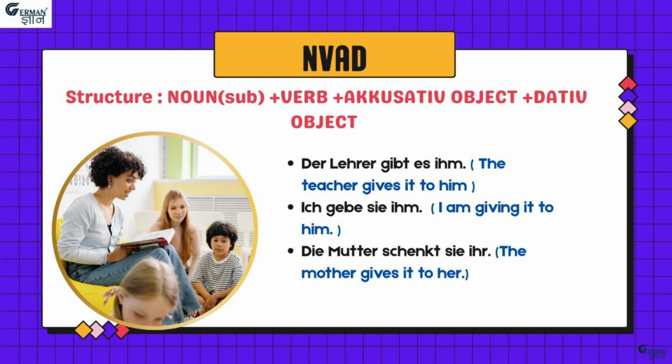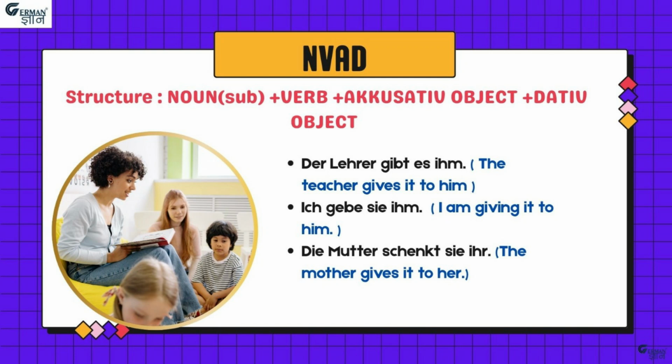Now, NVAD is again not a grammar topic. This is a basic sentence structure. Again, you follow it in A2 level when you write two objects in a sentence. But here the condition is that both the objects are pronouns. So your structure will be noun, that is a subject, then your verb, then your accusative object, and then the dative object. Again the rule is the same: indirect object is dative, direct object is accusative, and your sentence will